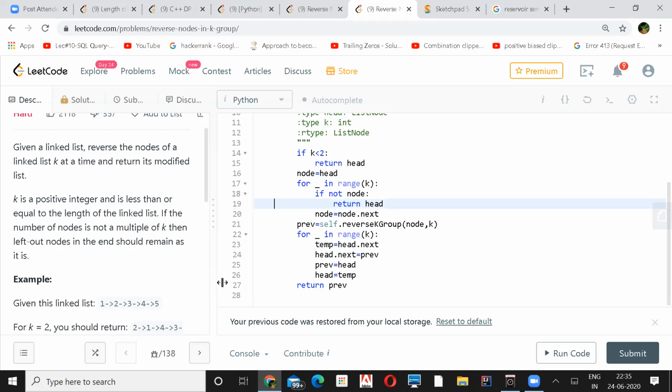So what this previous will do, it will reverse the entire linked list, and the previous pointer will keep the address, so that next time it can append 1 to the 4. Next time again it will start from 1 to 3. But since 3 is not there, it will return from here, it's the head only. So you can append head directly to the 4, and 3 2 1 4 5 will be formed.